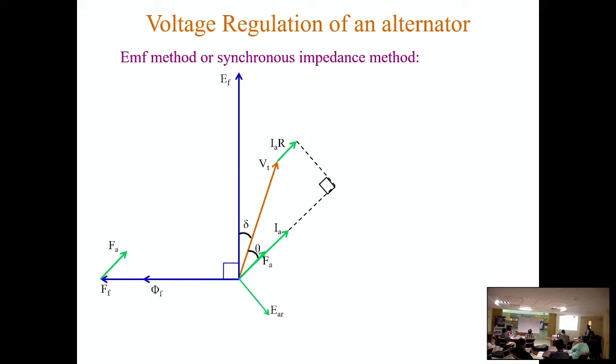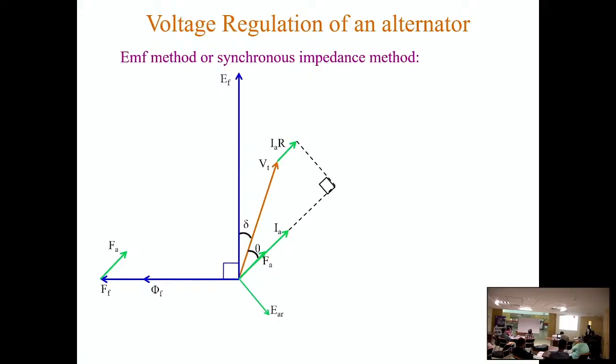Now here we can see FA will produce phi A, and phi A will induce some voltage, that is EAR, the armature reaction voltage, which is actually